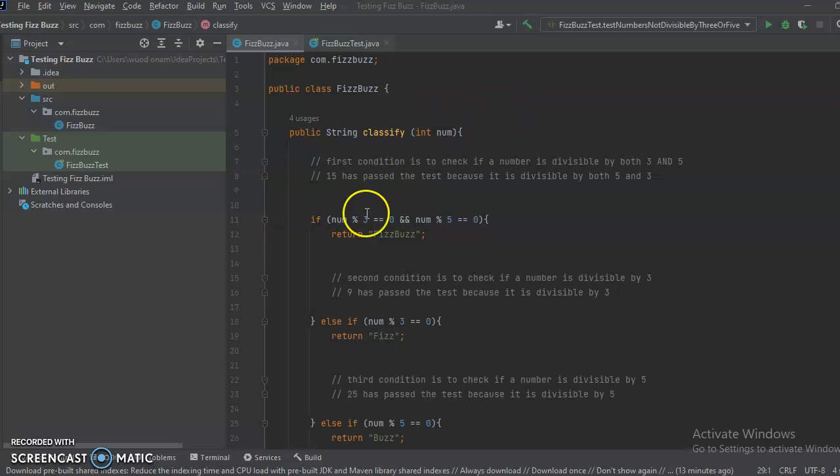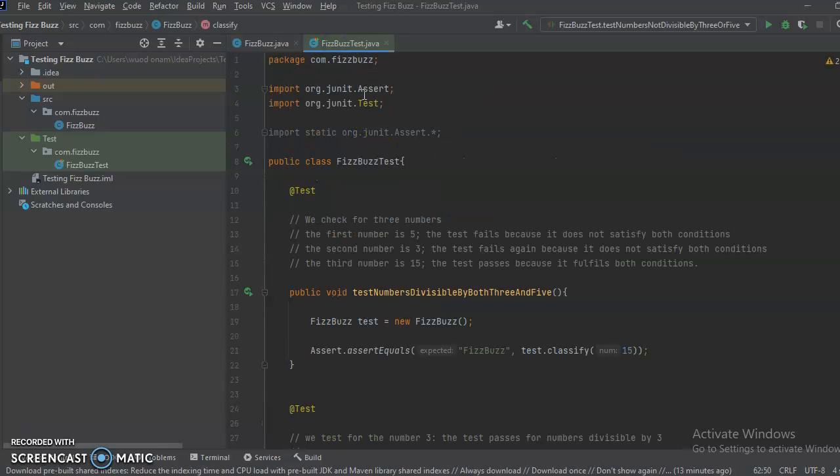So in this video, we are discussing how to do test-driven development using FizzBuzz. FizzBuzz is a very common algorithm in interviews and even in practice that you can use to test your skills and proficiency in Java development. So in this example,